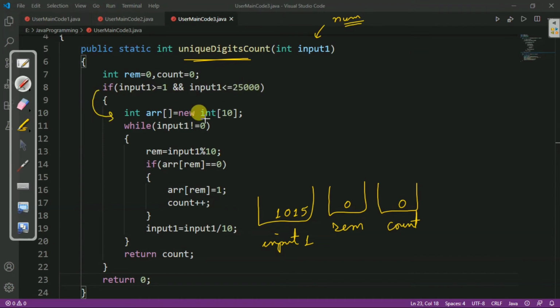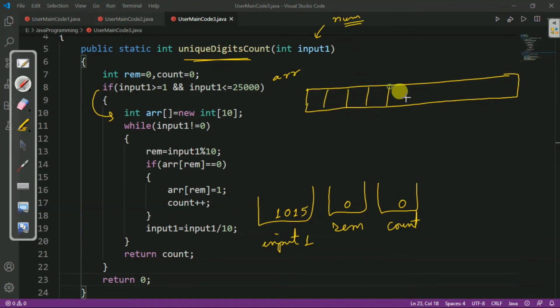So we will enter into this, and after that we have taken an array of size 10. Let's create the boxes for the 10 elements: 1, 2, 3, 4, 5, 6, 7, 8, 9 and 10. Let's give the indexes 0, 1, 2, 3, 4, 5, 6, 7, 8 and 9. Here the elements in the array allocated by new will automatically be initialized to 0 for numeric types. So let's put all the elements as 0,